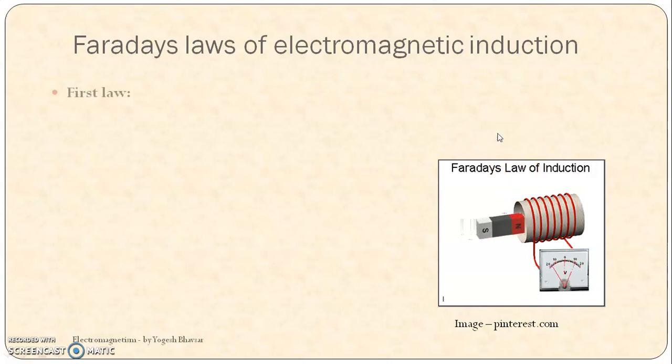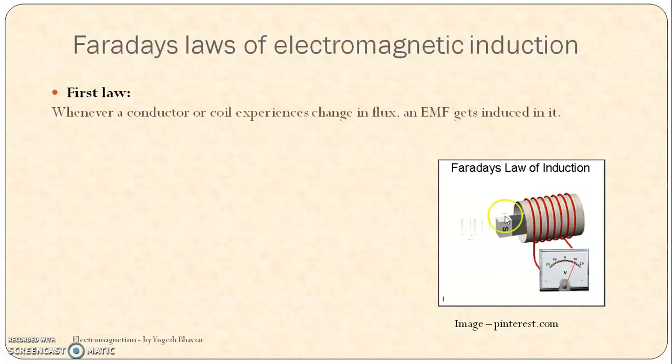So simply, the permanent magnet NS pole is moving around the conductor, there is a coil, and then EMF is induced in the coil itself, which we can see on the voltmeter. So Faraday stated two laws, the first law and the second law. So let us see what these laws are.